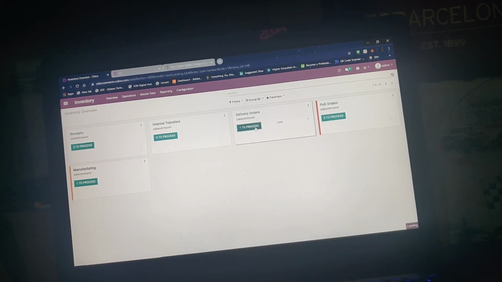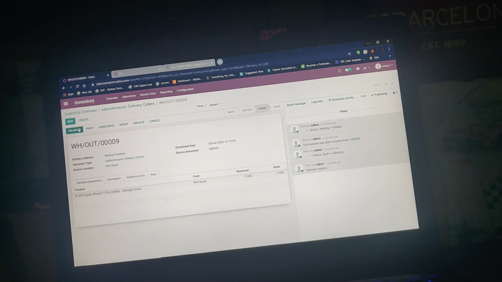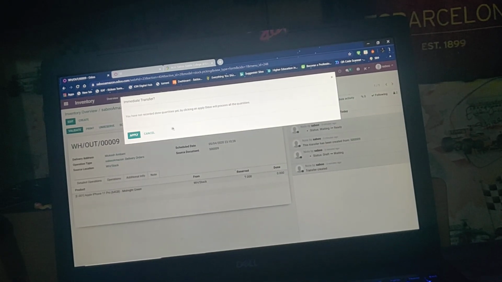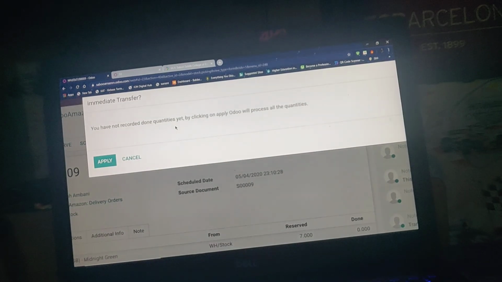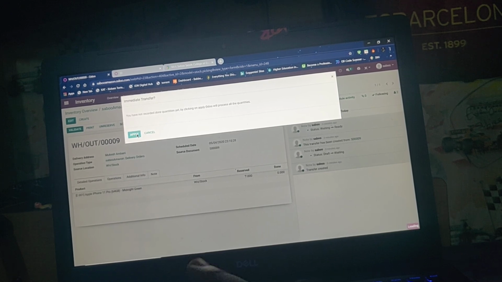See, we can see one process. It's Mr. Mukesh Ambani's, and all we have to do is validate, and the shipping will be done. We'll process all the quantities. Now we can either wait for 7 days, which is the ideal shipping time, or we can do it now. We've done it,